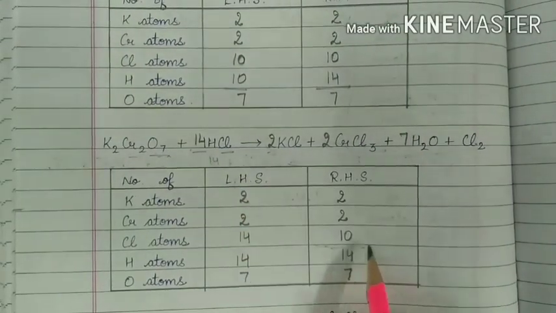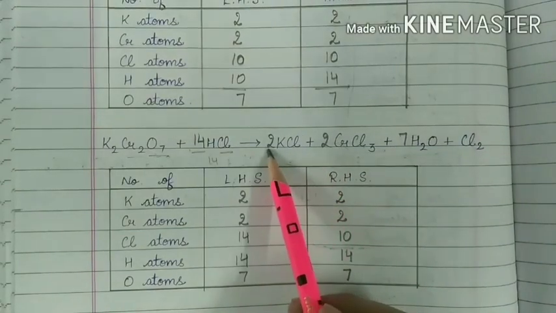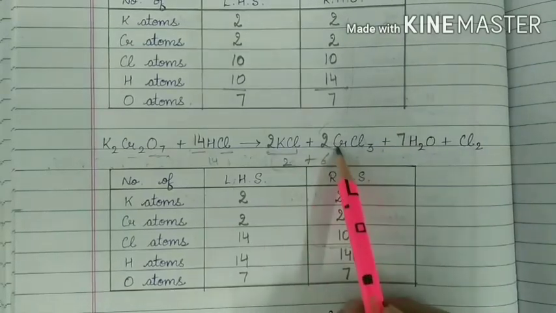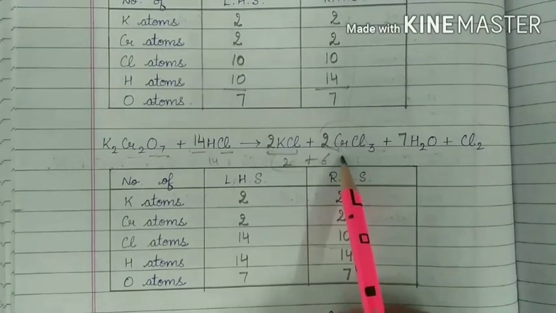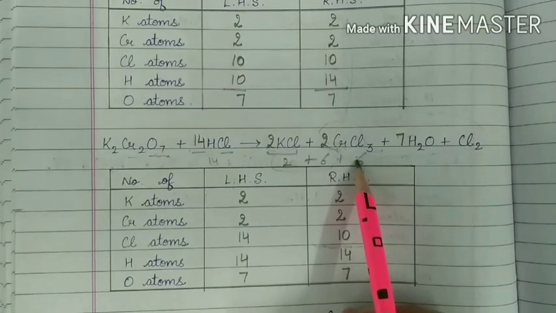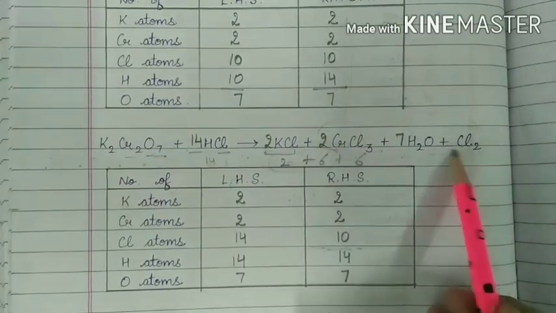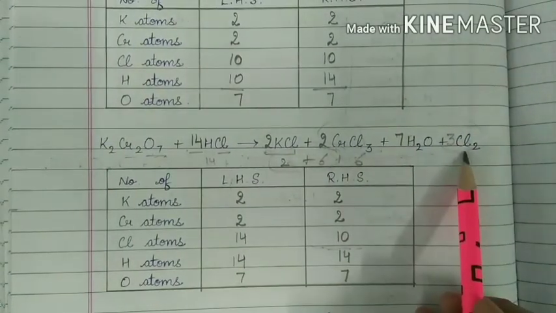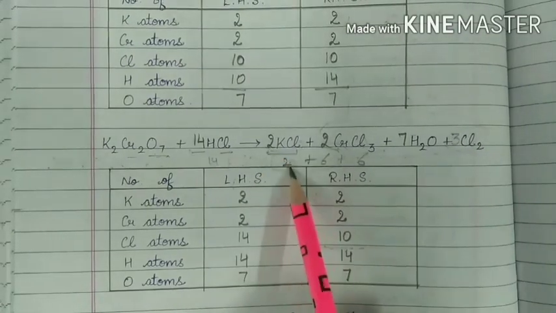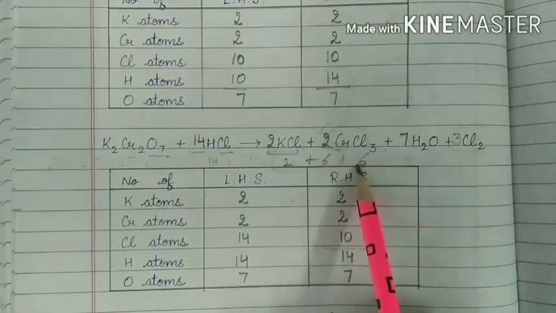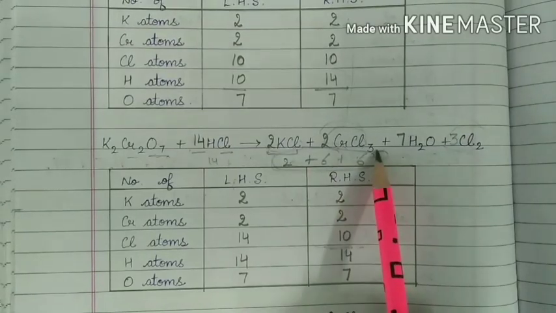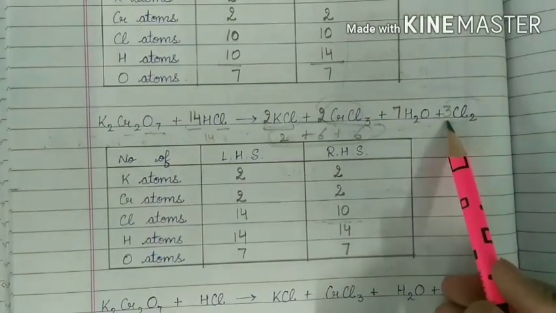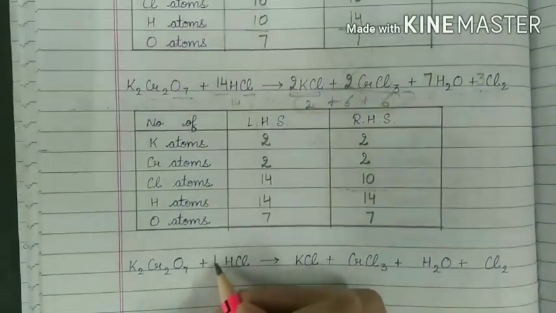So to make it 14, now let's count the number of chlorine atoms here. 2 plus 3 2s are 6, total 8. To make it 14, we need 6 more atoms of chlorine. So to make it 6, if we put 3 in front of Cl2, then total number of chlorine atoms on right hand side will become 2 here plus 3 2s are 6 plus 3 2s are 6. Total will become 14. So the change we need to do here is to write 3 in front of Cl2. So writing the equation like